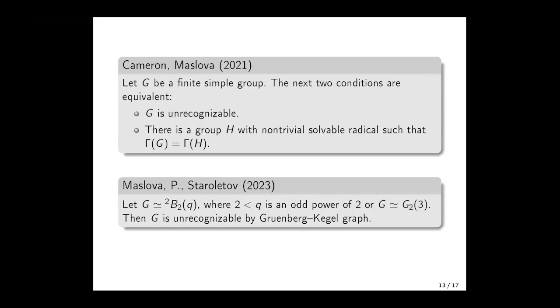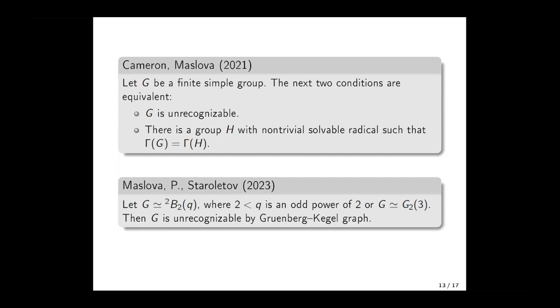And we are done with almost recognition. And now we move to unrecognizability. As I said, we can't use the method I showed you to show unrecognizability of groups. But there is a result by Cameron and Maslova that for any simple finite group G, the condition of unrecognizability is equivalent to the existence of a group H with non-trivial solvable radical such that